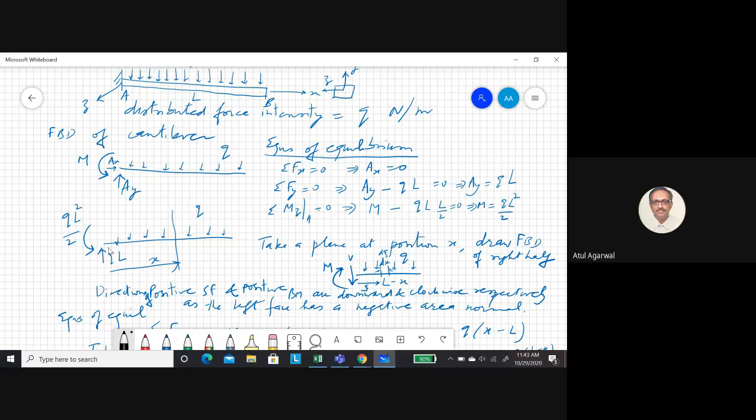Correct. And what is the bending moment here? Sir, negative. Because the area normal is negative, and static sign convention wise, these force and moment are positive, so they become negative. Shear force and bending moment are negative. So there is nothing great about it. This is the same thing as stress sign convention.